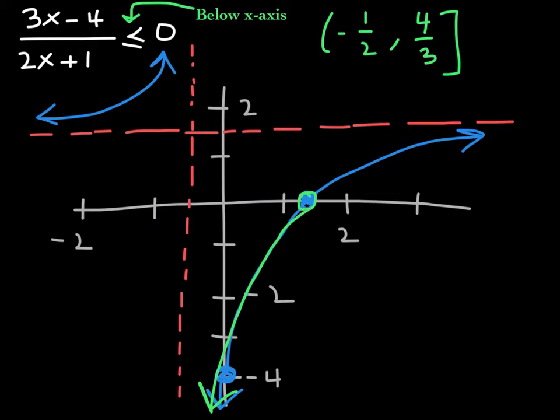So it seems as if when you are solving a rational inequality, all we really need from the graph are those two things. What are your vertical asymptotes and what are your x-intercepts? At these two locations in the graph, a vertical asymptote or an x-intercept, those are the two locations